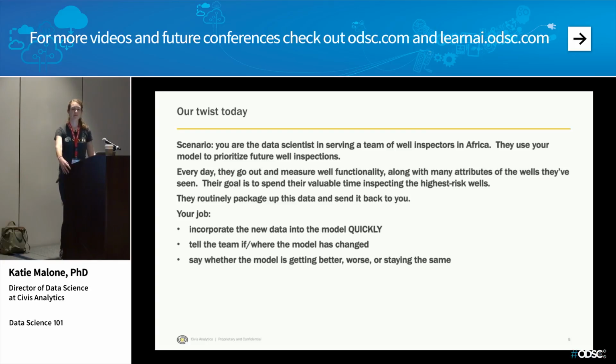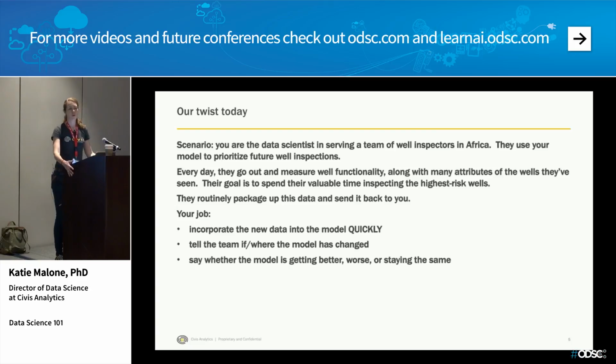So the problem that we're going to be working on today is from a drivendata.org competition. DrivenData is really similar to Kaggle, but with kind of a social good focus, which I think is really cool. And they have this challenge with a data set that has a bunch of attributes of water wells in Africa. What you're trying to predict is whether the water wells are functional, functional but need repairs, or